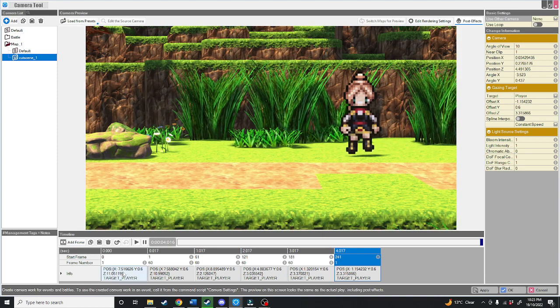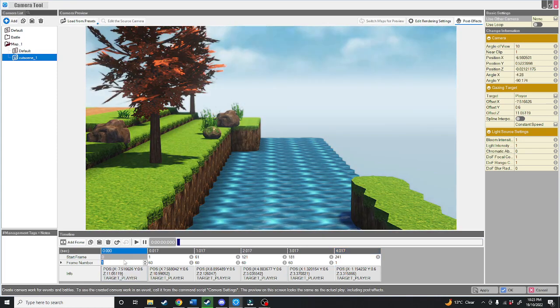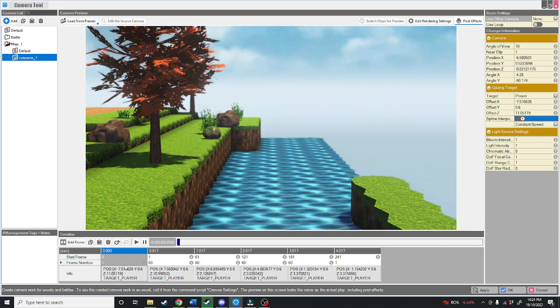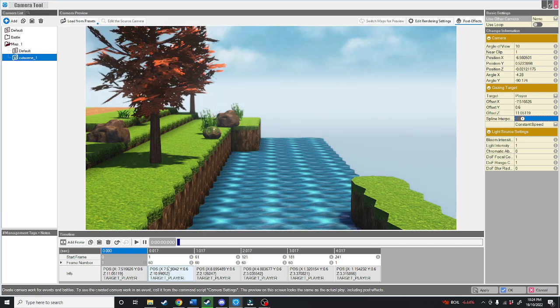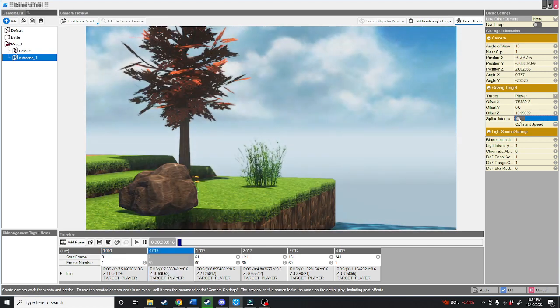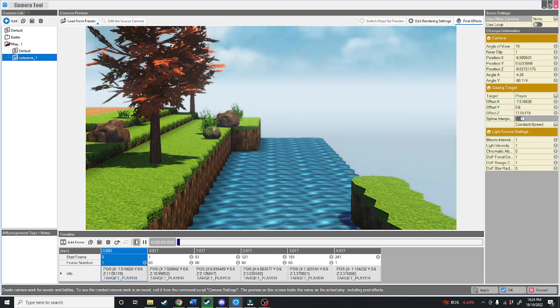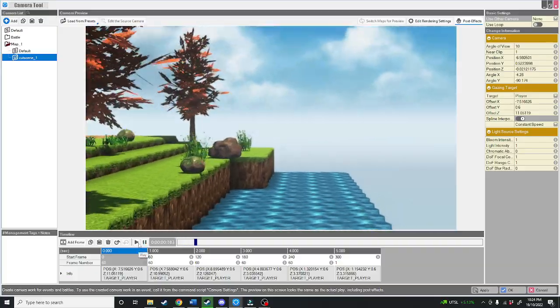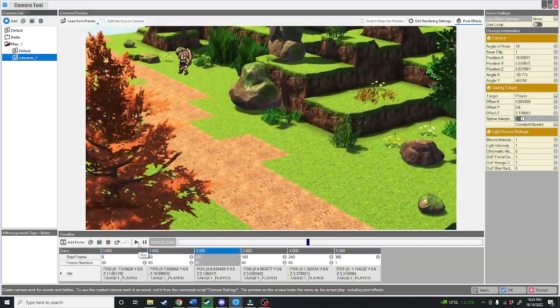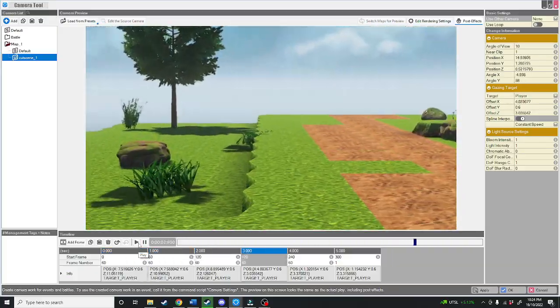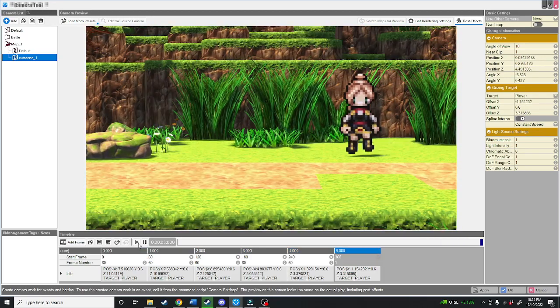So what we're going to do is go back over to the first frame by clicking on it. And over here on the right hand side, we're just going to turn spline interpolation on. You don't really need to know what spline interpolation is, it's just a bunch of maths. Then we're going to go through each frame and turn spline interpolation on. Now, if we go back to the first frame and play that again, you'll notice that our camera is way smoother than it was before. So we're done, right? Well no, first we're going to hit OK, and if we test play,